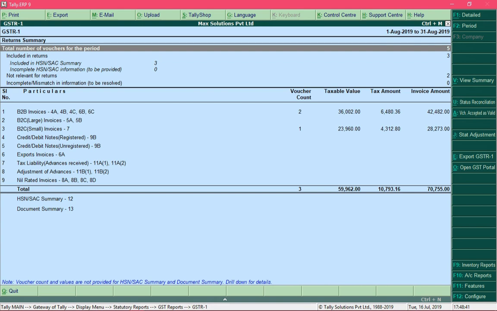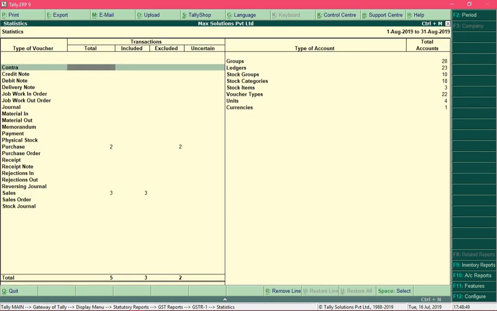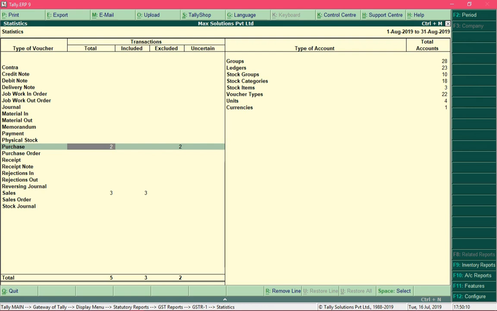So for the given period, that is for the month of August, there are 5 vouchers. So if I press the Enter key, I would be able to see what those 5 vouchers are. So out of these 5 vouchers, there are 2 purchase vouchers and there are 3 sales vouchers. And among these 5 vouchers, the excluded vouchers are 2 vouchers which are purchase vouchers, and all the 3 sales